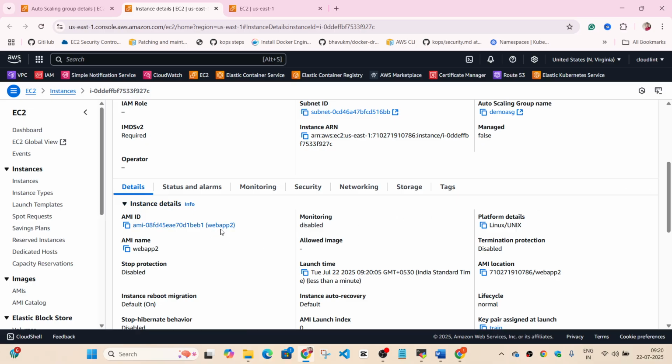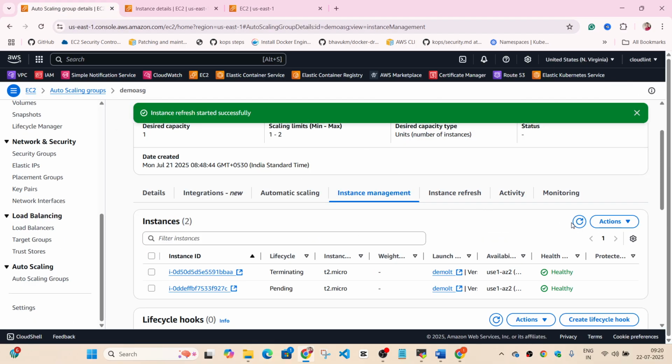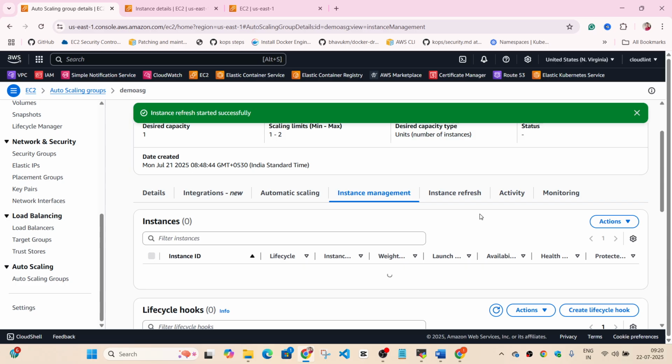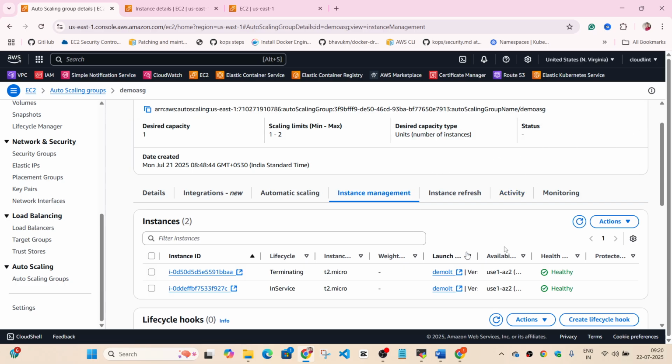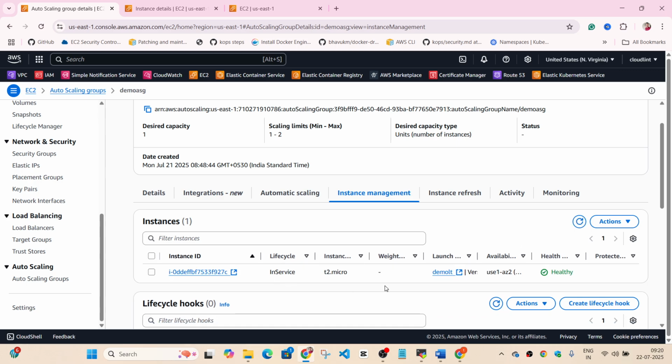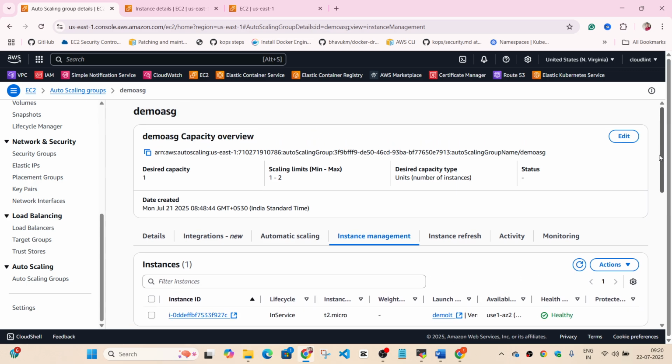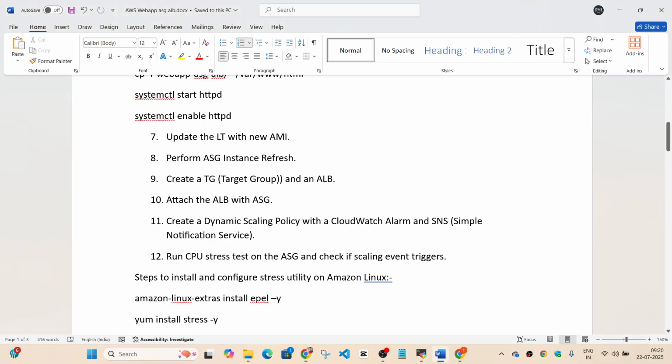So AMI, you can see it's using web app 2. The earlier one was using this web app. So here we have this web app 2 configured as we expected. So this is how you do rolling updates of the instances. As you can see, it has come in service and the earlier one has been removed. Okay, this is done.